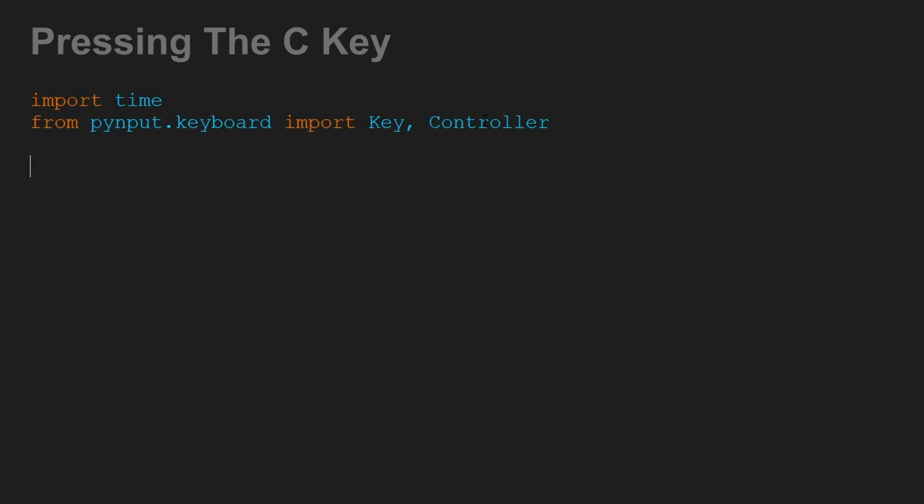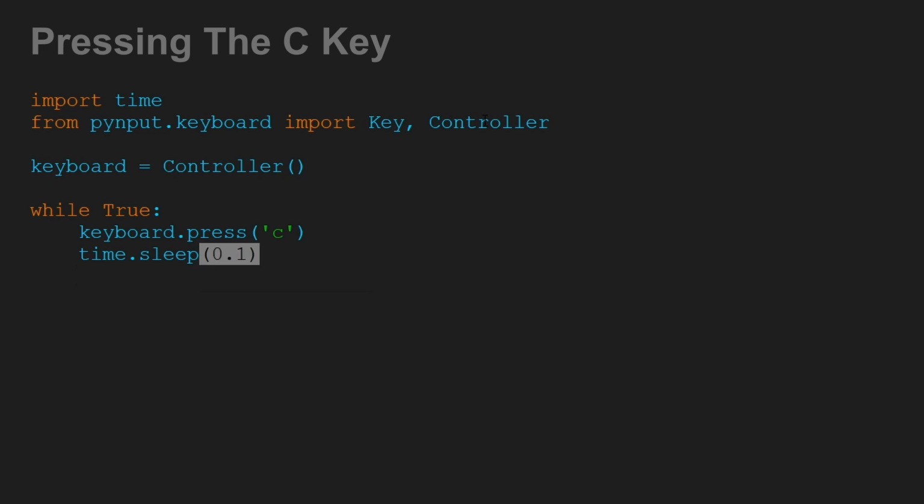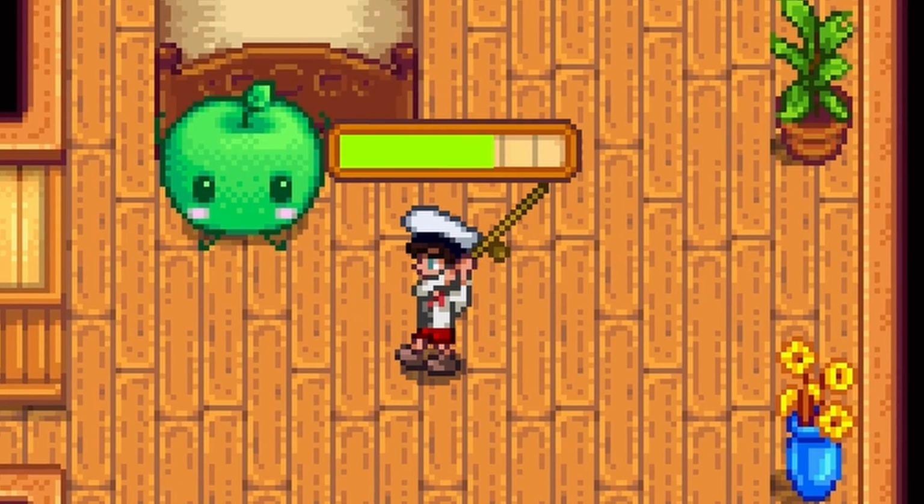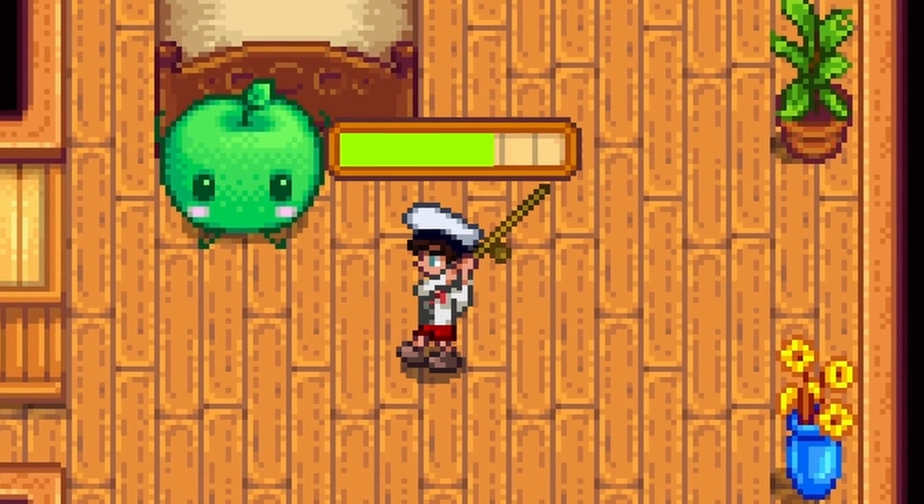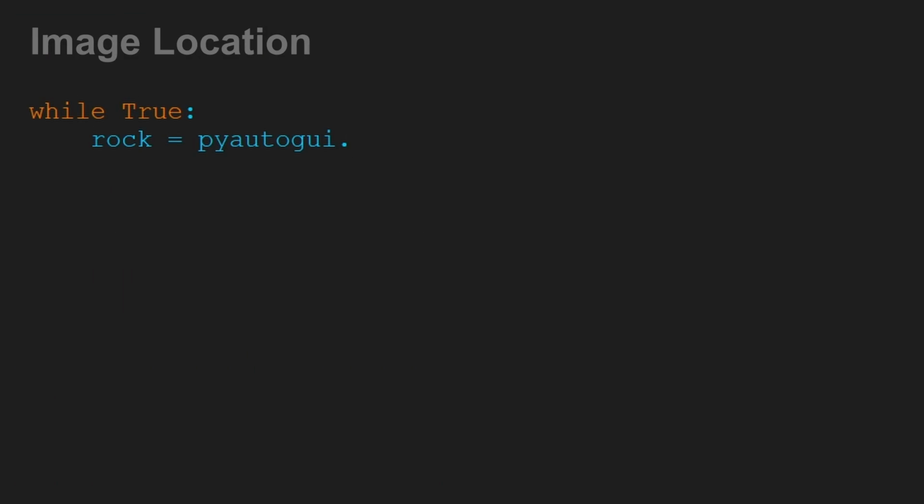First things first, let's just try writing a program to press the C key. We're going to start by importing pynput and make it press and release the C key repeatedly. That's definitely working. Perfect. Now, I've never tried image location before, but after some research, I'm going to try using